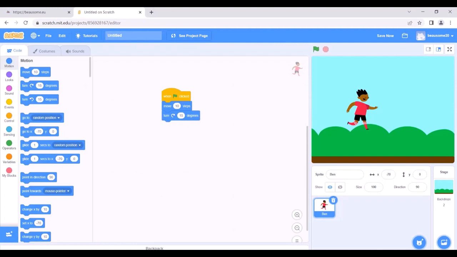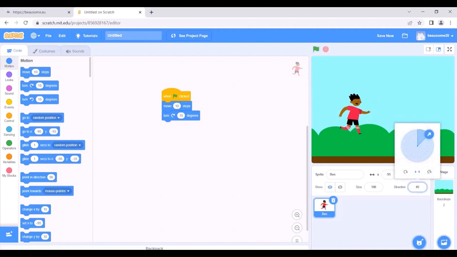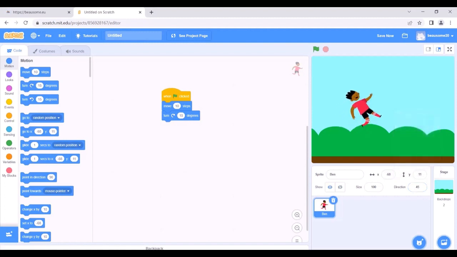And if I click again on the flag, I can see Ben is moving right and then it turns and then it comes back. If I change these two arrows here to this arrow, I can see that if I click on the flag, Ben will move like this.